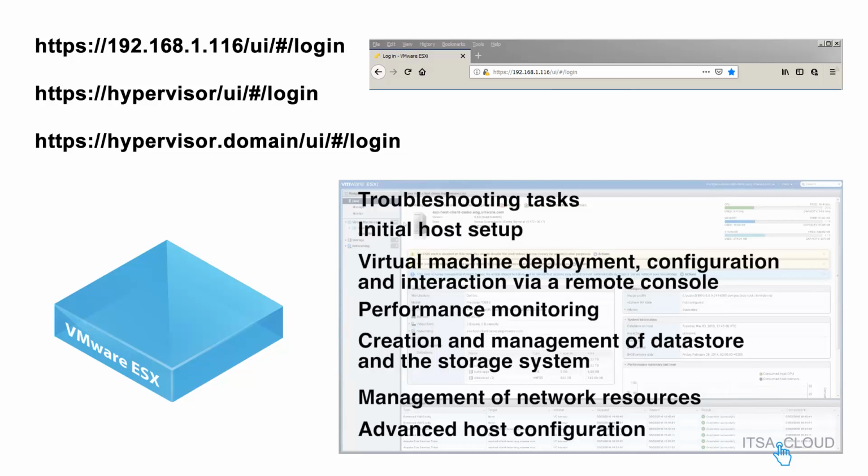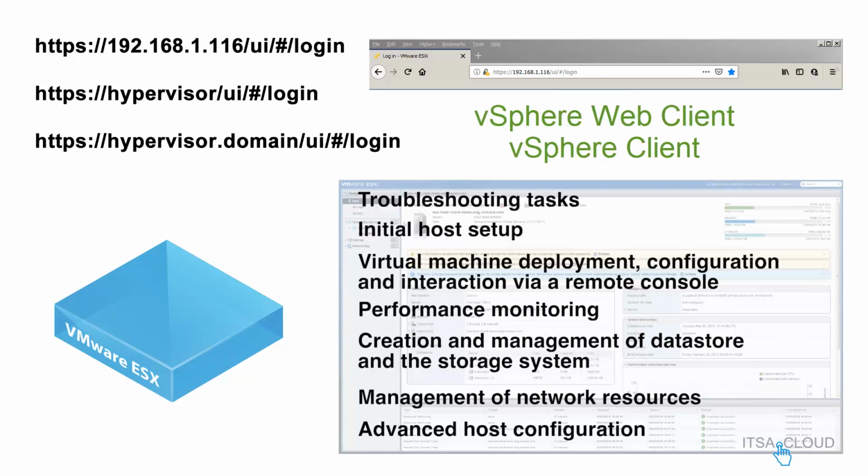So let's say that this host is part of a vCenter. All you have to do is get into the vSphere web client or vSphere client and make the changes.